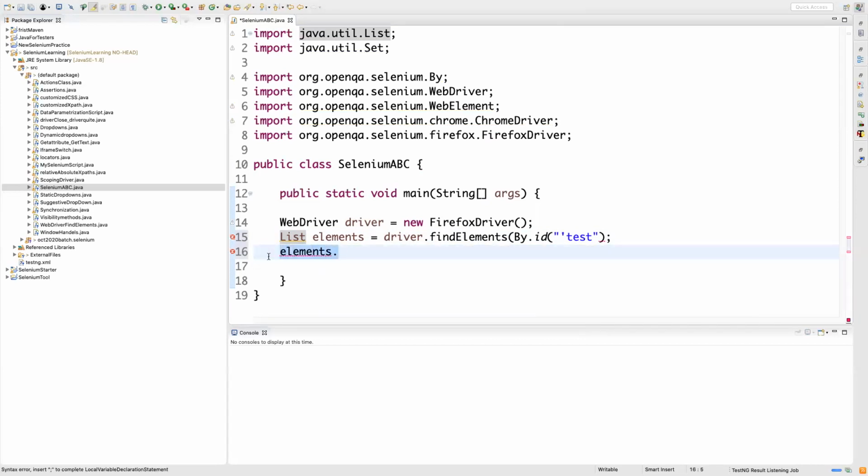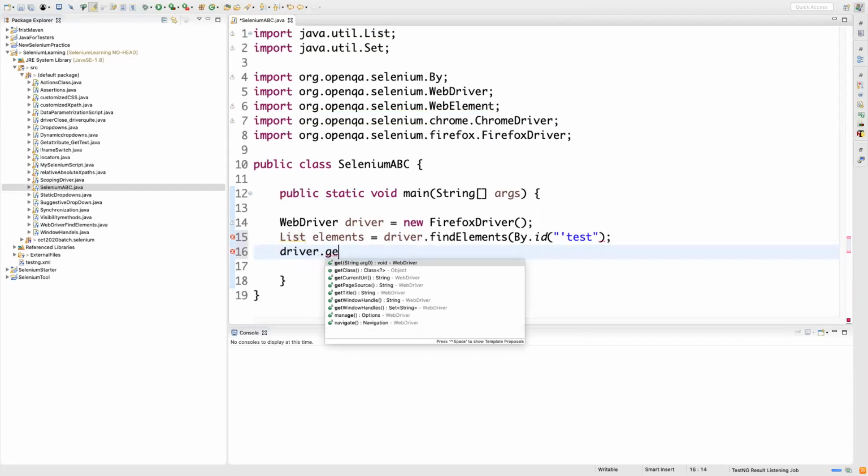Now coming back to driver dot get window handle. So now here also, if you see get window, just type get w. You don't need to remember all the method names. Even if you know how to find them, just do dot and type the initial 2-3 words, and automatically you will get them. Now get window handle, like I said, will return the current context where the driver is active and listening. It will give you the handle number or handle ID of that particular window.